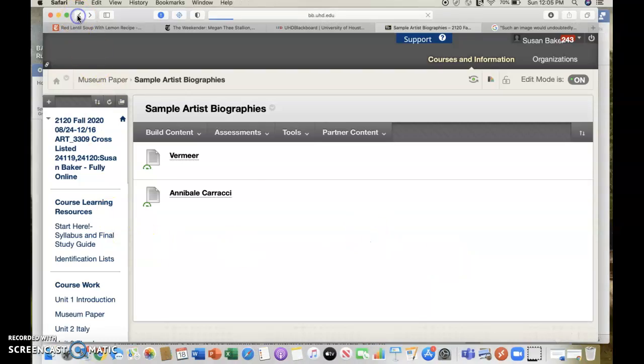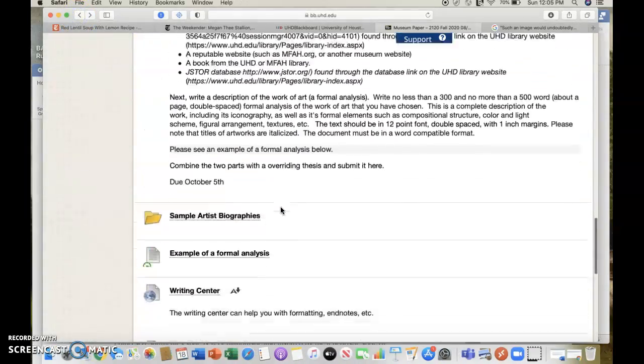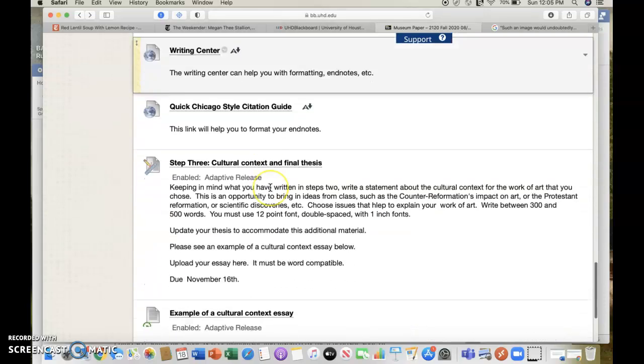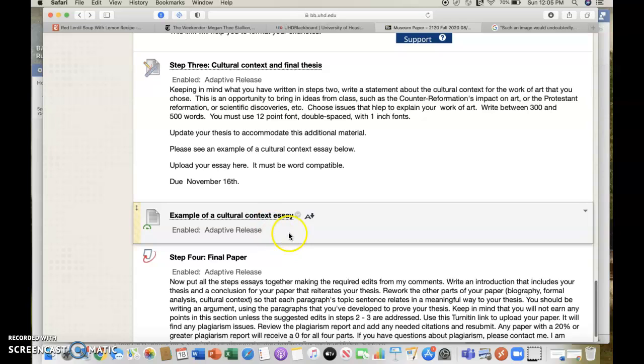If you come back, you'll see that under cultural contexts, there are examples here of cultural context writing, and that will give you some help and guidance on that. Think about the content from the course. You might not have to do much research here. Think about the content of the course. How could you talk about the Counter-Reformation or the Protestant Reformation when discussing your paper? Is there anything from the PowerPoints on the Northern Baroque or the French Rococo that you could then adapt and